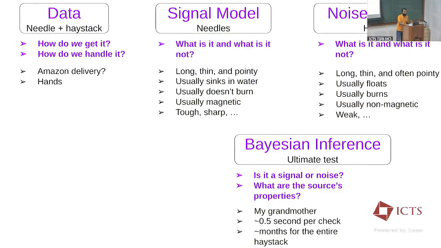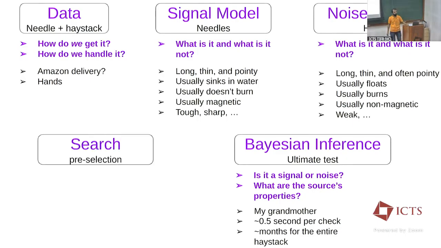So how do we do this in real time? What we need to do is some sort of a pre-selection, which the technical term for this is search. So we search for things, which is really just cheaply removing, without doing this ultimate processing, as much noise as we can while keeping as much signal as we can.